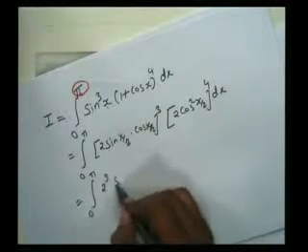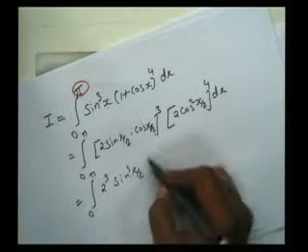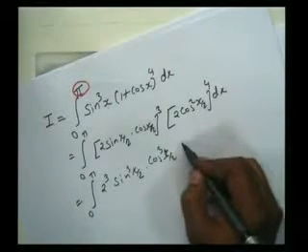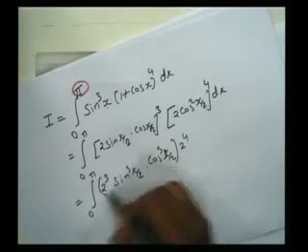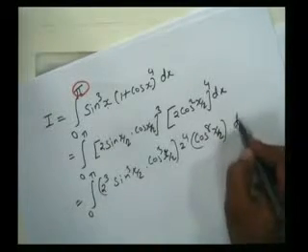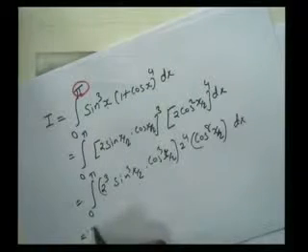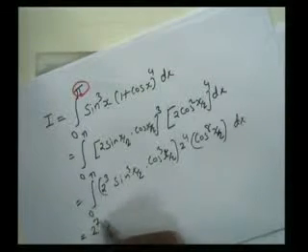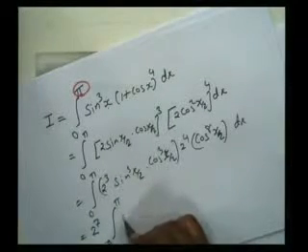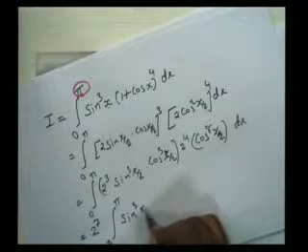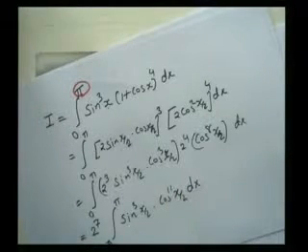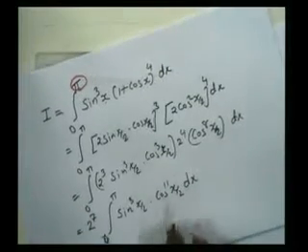Equal to 2 raised to 3 sin cube x by 2 into cos cube x by 2, 2 raised to 4 cos raised to 8 x by 2 dx, that is 2 raised to 7 integration 0 to pi sin raised to 3 x by 2 into cos raised to 11 x by 2 dx. Here